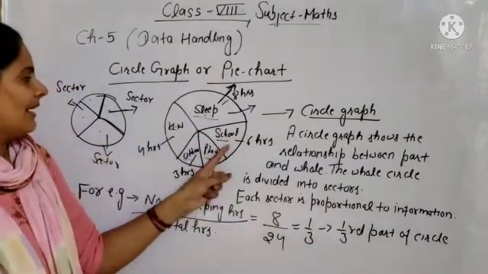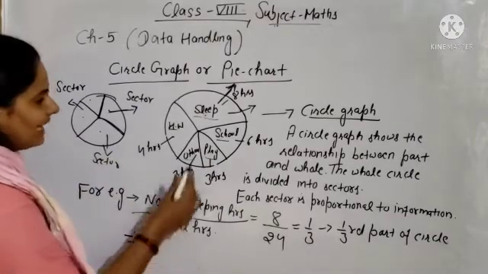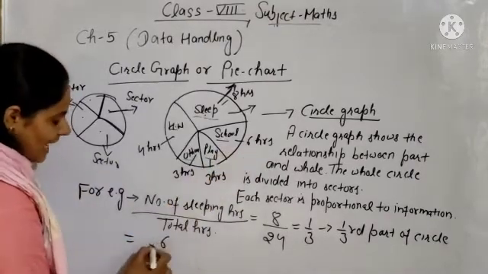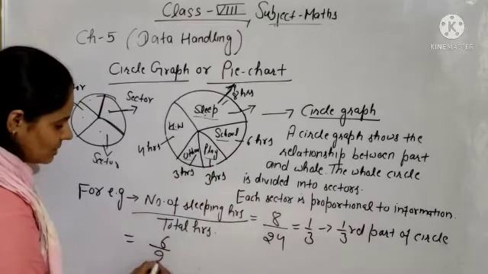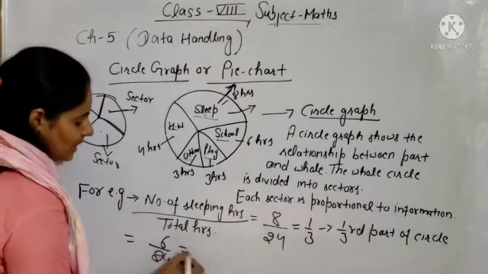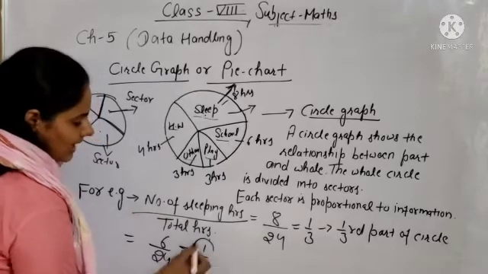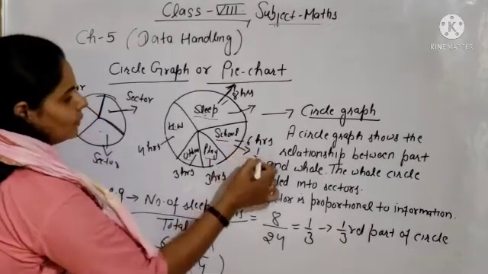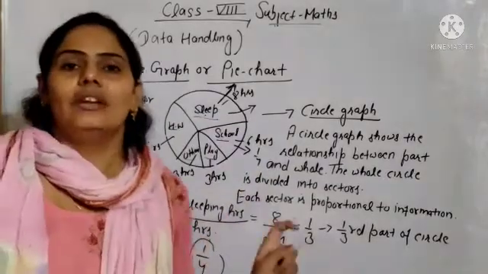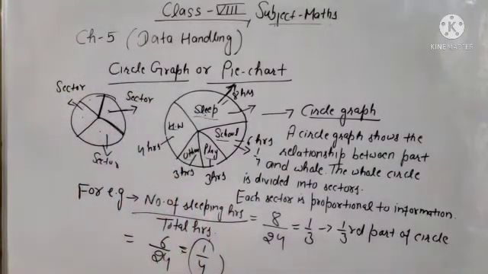Same like that, if you are finding the schooling hours, so number of schooling hours, how many hours are there? 6 hours, divided by total hours. What will be total hours? Total will be the same, 24 hours. So 6 1s are 6 and 6 4s are 24. So you are getting 1/4. It means this will be 1/4 of the complete circle. Clear? So like that you can get the information from the circle also. So this is called the circle graph, and the circle graph is also called the pie chart. So in the second exercise we will do the questions of pie chart or circle graph.